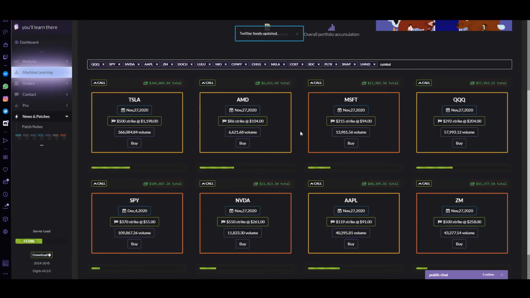Hey everybody, it's Alloy, and I thought I would take a chance to make another tutorial, but this time about the live option screener. We've had a couple of questions, and while a lot of this will probably be obvious to people who are used to looking at options, there are a couple of things that work differently simply because you're on digits. So, why don't we refresh just to get an idea of how it looks